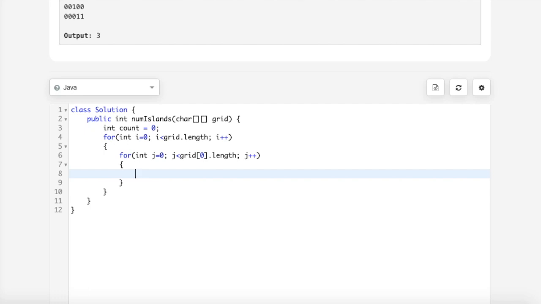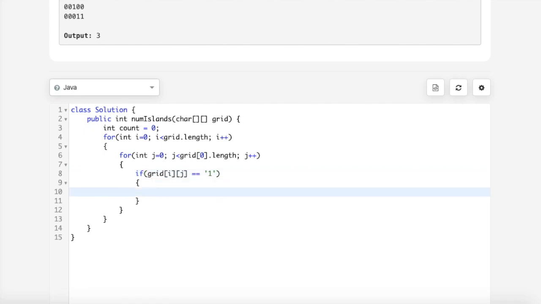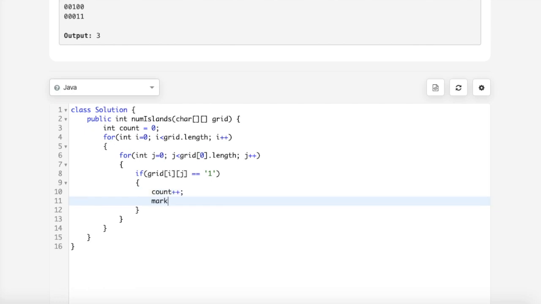Then I have to see if the current element is 1, I mean, if it is land. If it is land, what I have to do is increment this count and I have to mark all its neighbors as visited.